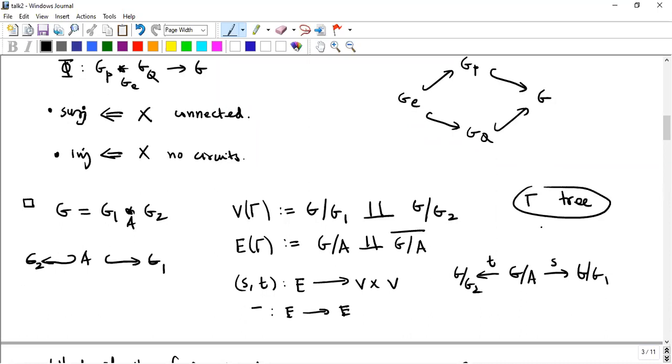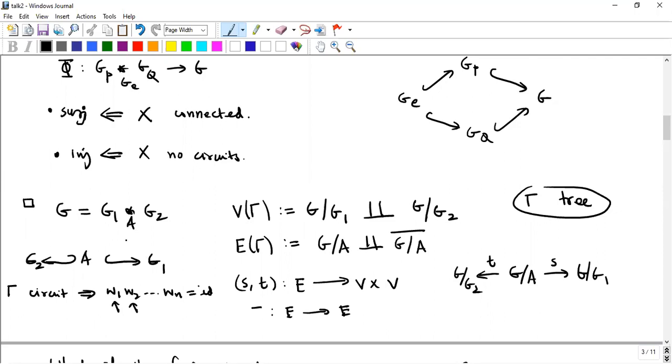Well, why is it a tree? You need to justify. That's because if you have circuits here, then they would correspond to words in G1 star_A G2. So if you have a circuit, gamma gives rise to a word of the form W1, W2, dot, dot, dot, Wn equal to identity in G1 star_A G2, where none of them consecutively belong to the same